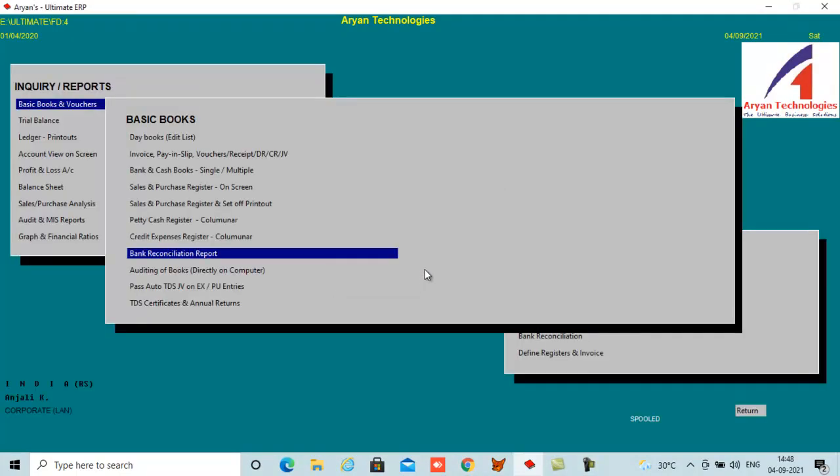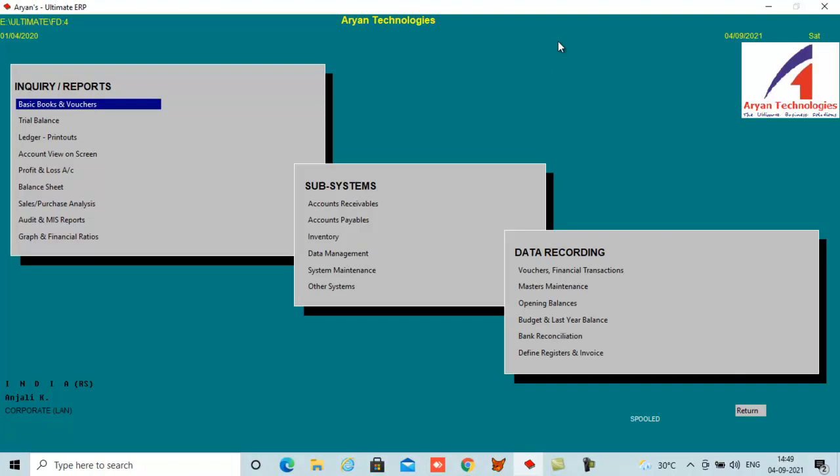What is this sign? If you click here, yes, reco is tallied. That means when anyone goes to correct an entry, the system will pop up and tell them your account statement is matched with the bank statement. So before editing, please be sure.